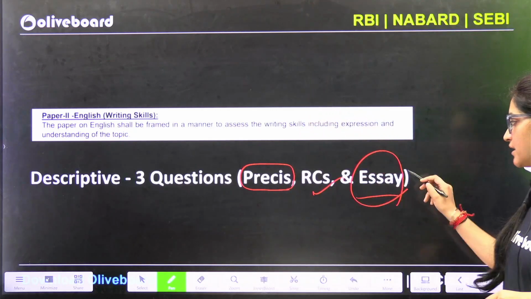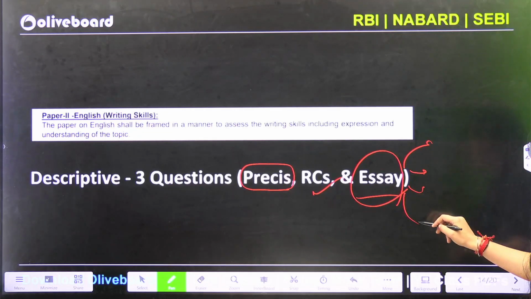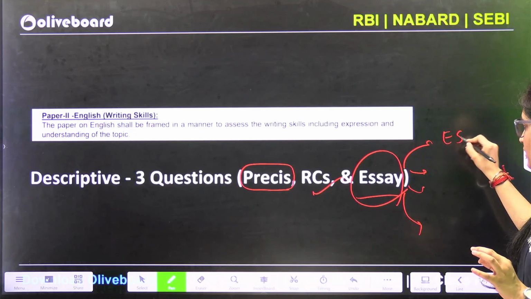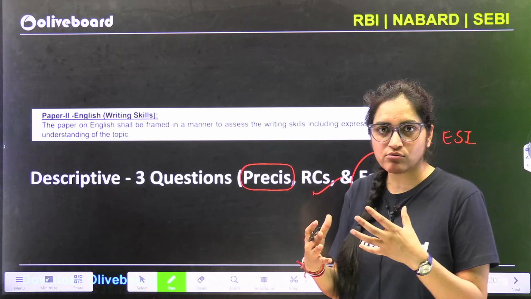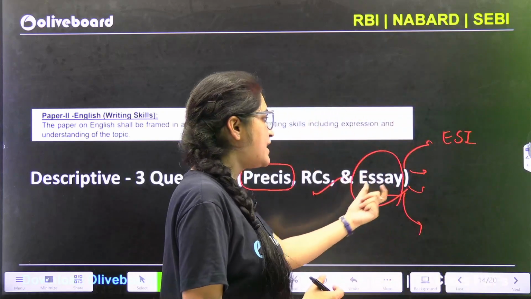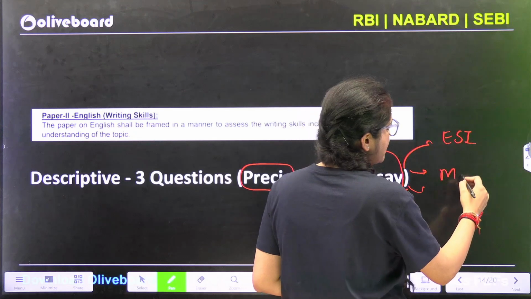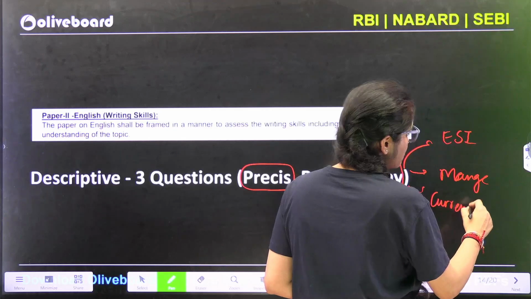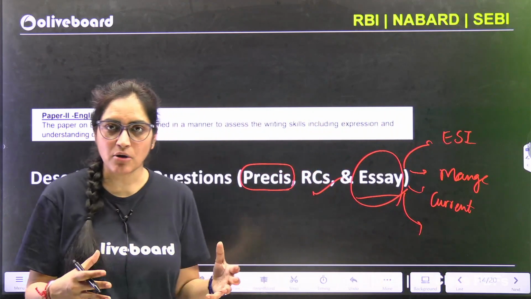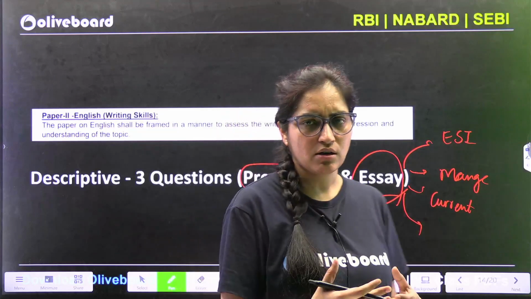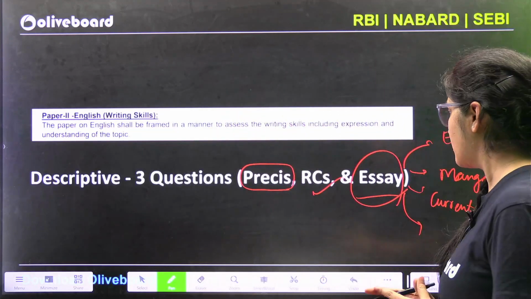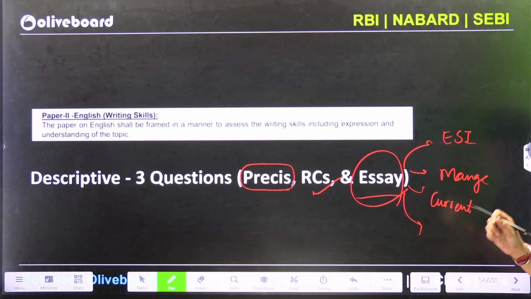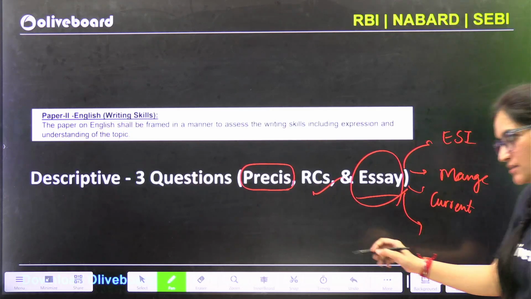In these 4 essays, if you look at your PYQ questions, you will see that one essay is from your ESI part, that is it will be related to some social issue. One essay will be there from management related topic. One will be current affair based question, some essay which is related to some current topic, and one can be some other topic. That is clear. So that simply means in your English, if you have to develop good skills, practice is the key one thing.